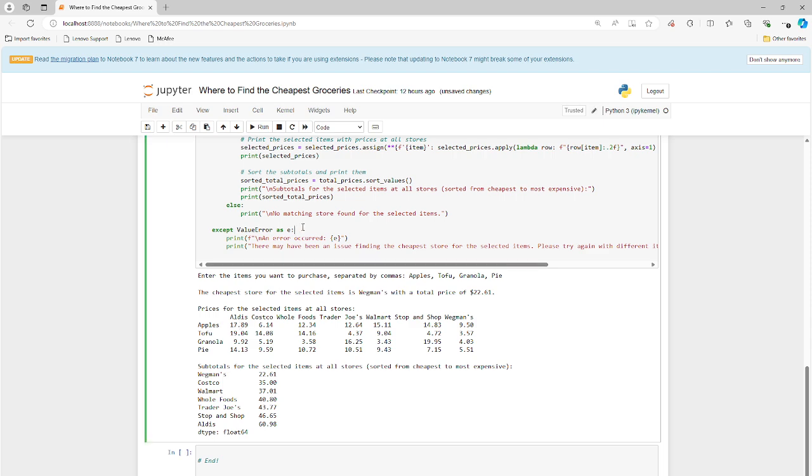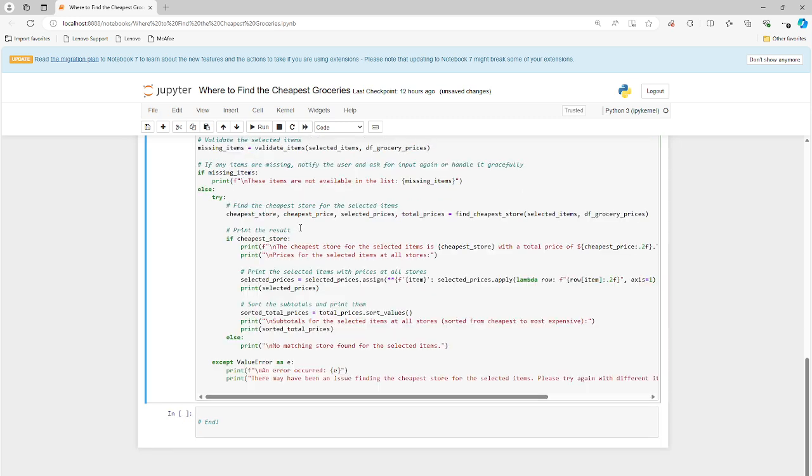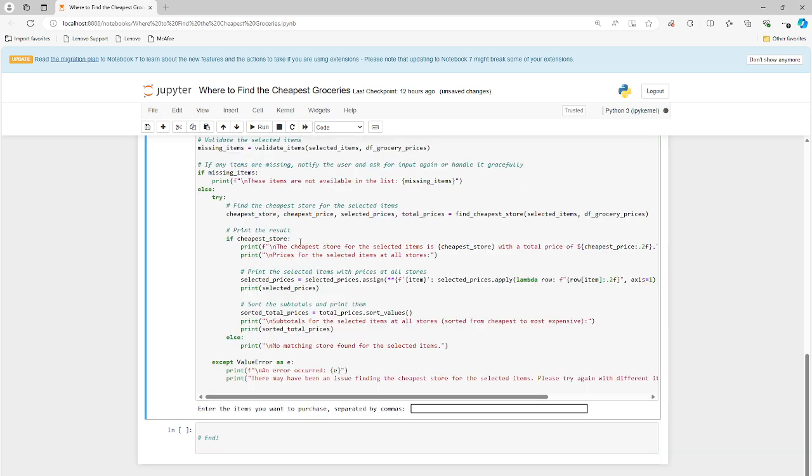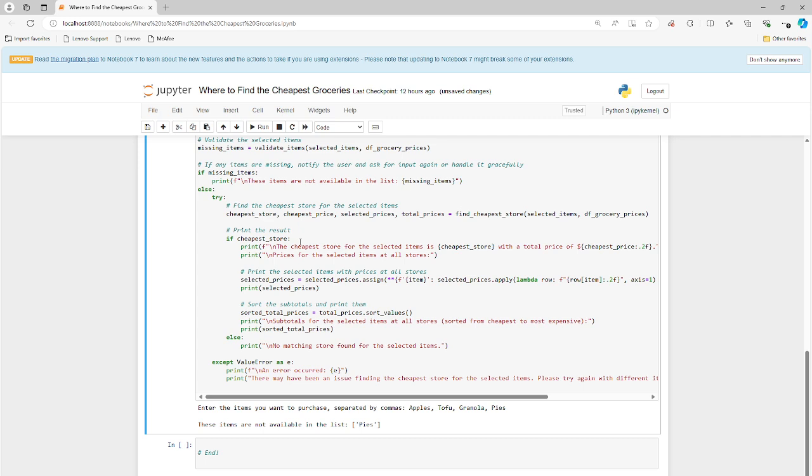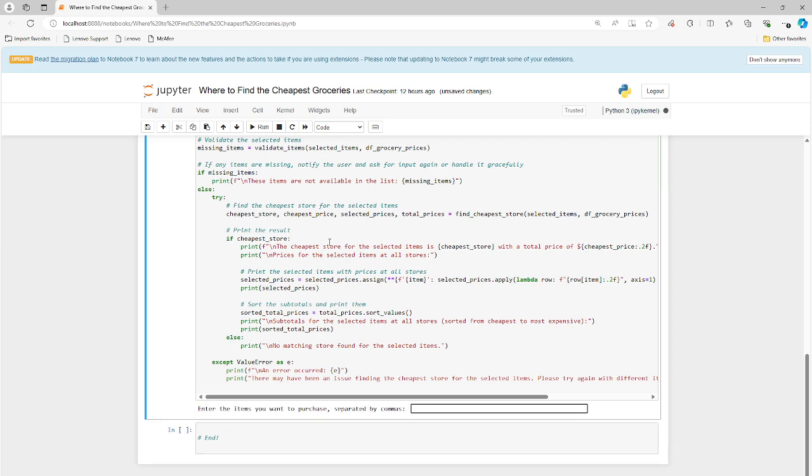And let me introduce you to one more error handling item here. If you accidentally type in the wrong item, it's actually called pie, not pies, it'll say these items are not available in the list, right? So we don't have pies, so we can't get that, but we can get pie. If I hit Control-Enter, pie,